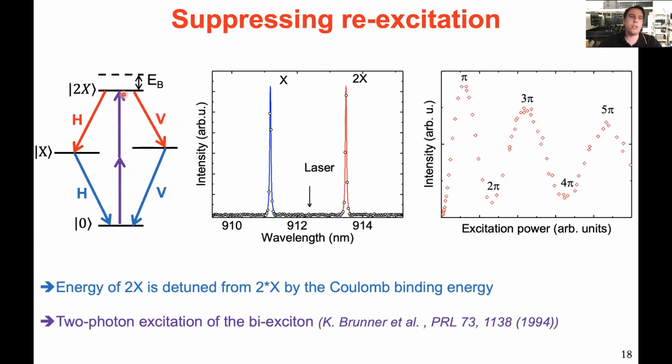Now, when we look at the system, after excitation, the system relaxes through this cascaded emission. So that means after a first photon is emitted, the system cannot be re-excited again. Only after the system has been returned to the ground state through this cascaded emission, it is ready for re-excitation. So consequently, the re-excitation should be largely suppressed, and we expect to see significantly lower values of G20.